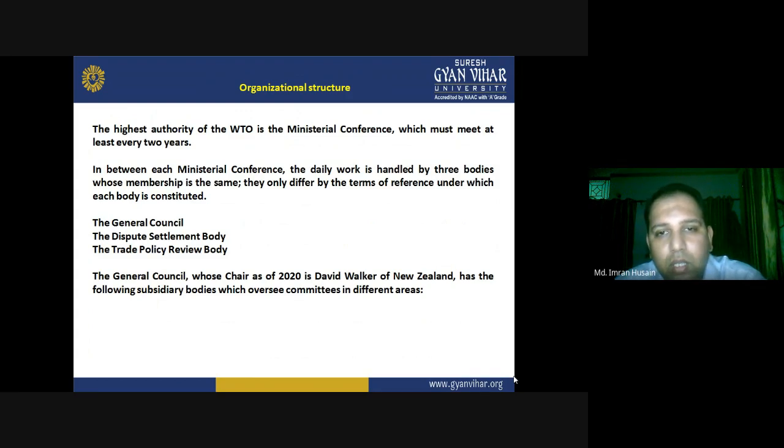They only differ by the terms of reference under which each body is constituted: the General Council, the Dispute Settlement Body, and the Trade Policy Review Body. The General Council, whose chair as of 2020 is David Walker of New Zealand, has the following subsidiary bodies which oversee committees in different areas: